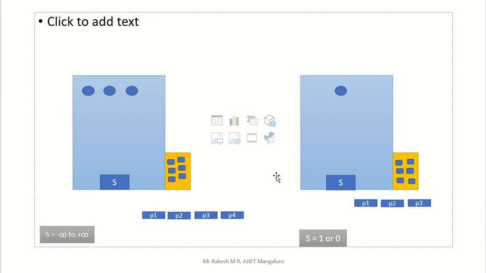Here I will go for another very simple example to understand the counting and binary semaphore concepts. This is the first diagram. Assume this is a hair cutting shop, and there we have one door. At the door there is a counter, the S number, which is the counting value. S ranges from minus infinity to plus infinity in the counting semaphore. This is the example of a counting semaphore.